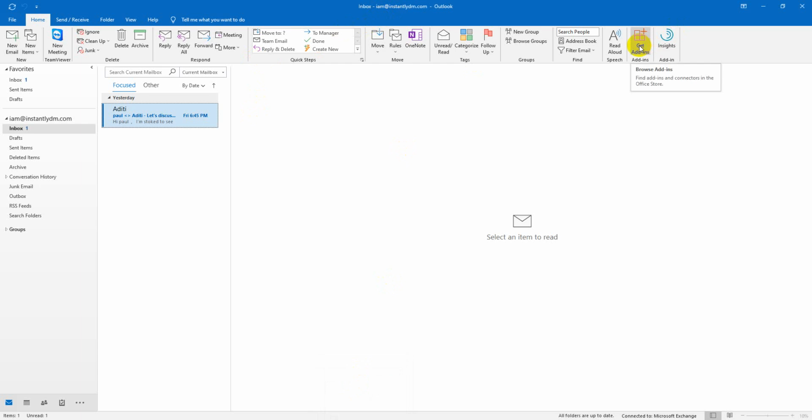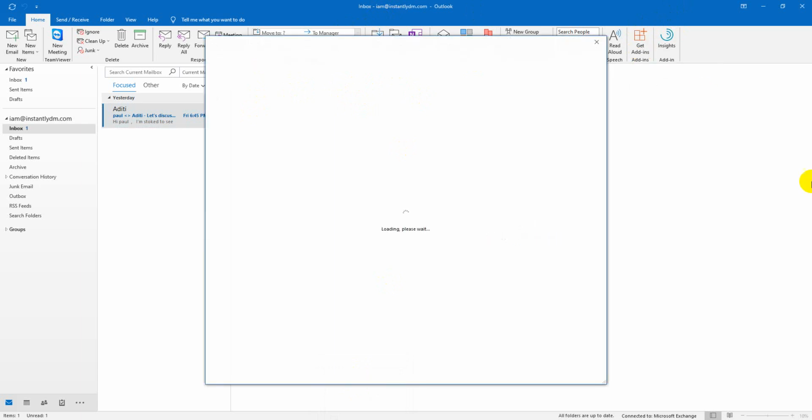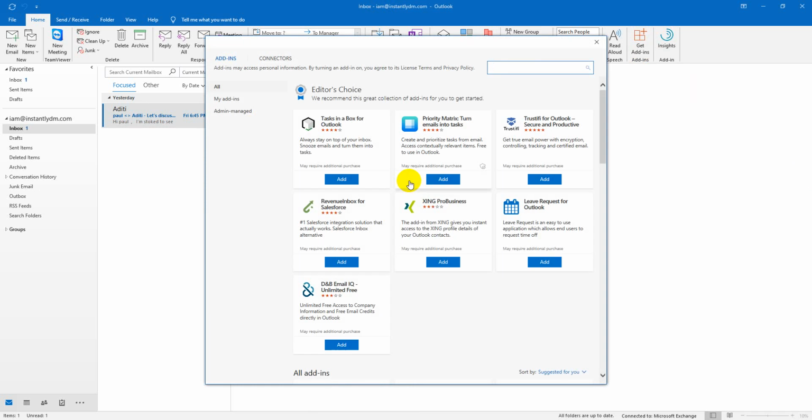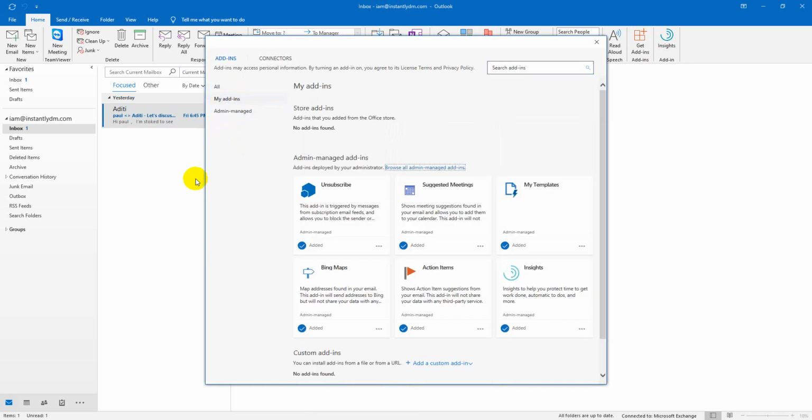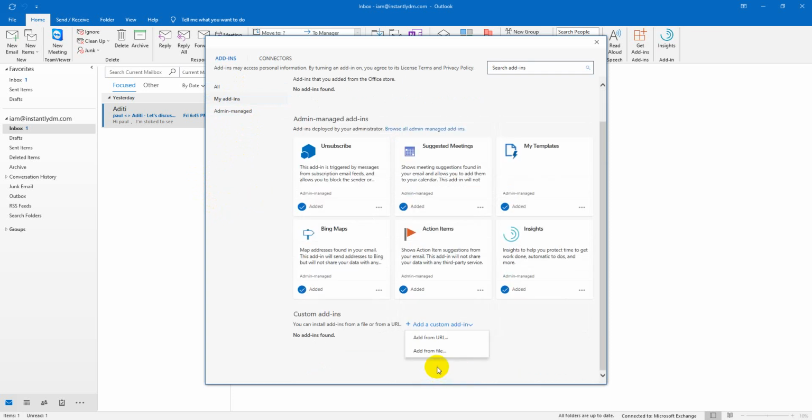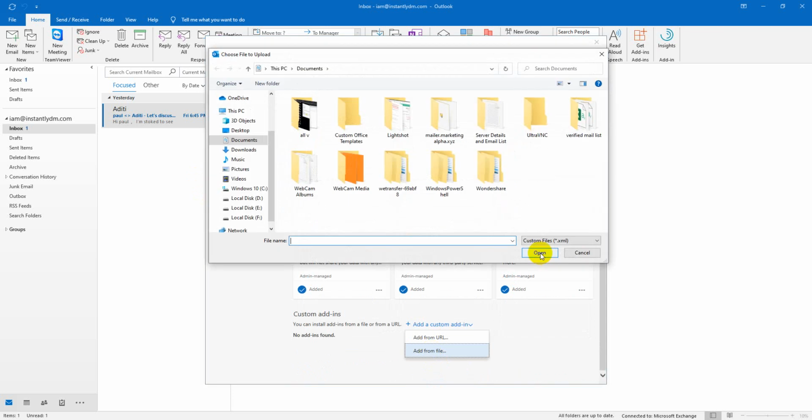Click get add-on. After installing the Sales Handy plugin, you need to click the get add-on option. My add-in, add custom add-in, add from file.